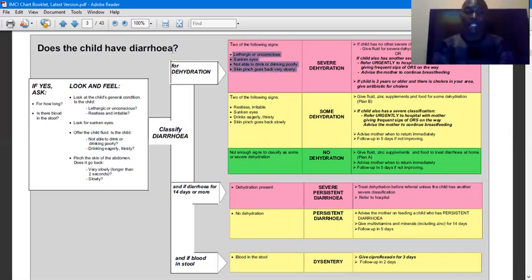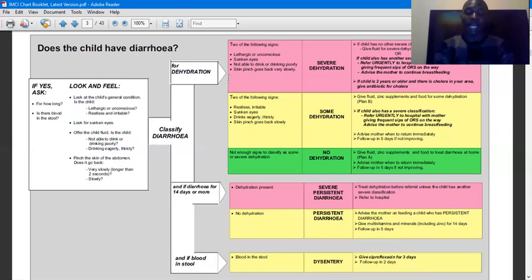So the first thing, the child should have diarrhea. But apart from diarrhea, this child is lethargic or unconscious. Apart from that, the child has sunken eyes, or is not able to drink or drinks poorly, or a skin pinch goes back slowly. So according to IMCI, this diarrhea is going to lead to dehydration. And this dehydration again has 3 classifications